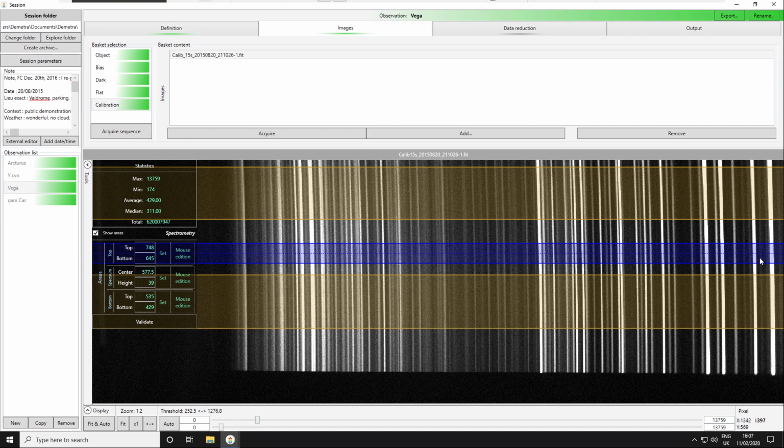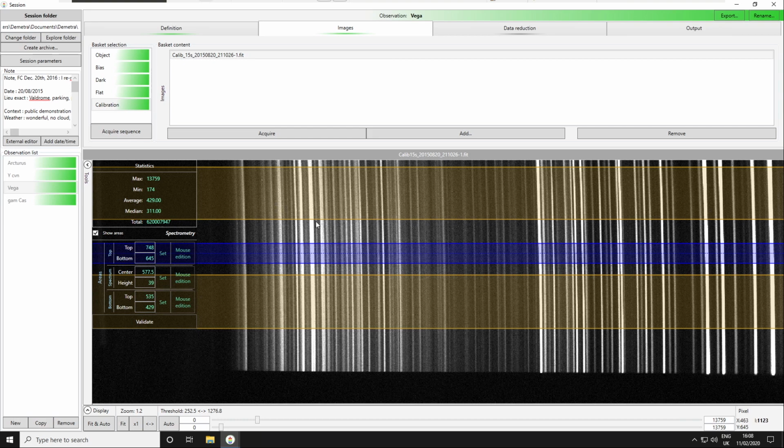Then I see a lot of emission lines, and these lines will be recognized by Demetra to establish the dispersion law. Okay, so it's important to understand that each line is well known, and we have some catalogs of lines, and we can say that this line is at this wavelength. Based on this information, we'll be able to establish the dispersion law and apply it to the target image, and then say that this pixel is at this wavelength.